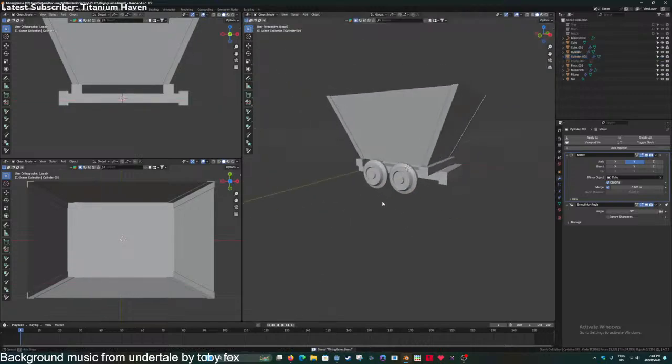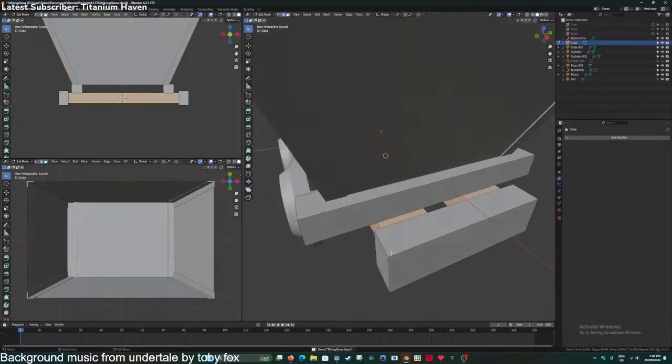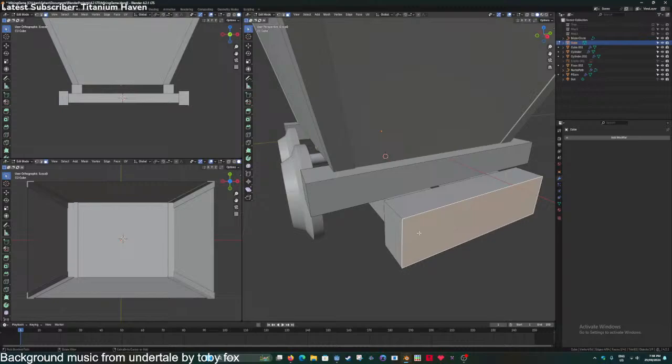And that's a minecart. And the front needs to be beveled like hell. Most of this has to be beveled like hell. Oh there. I keep needing to remind myself